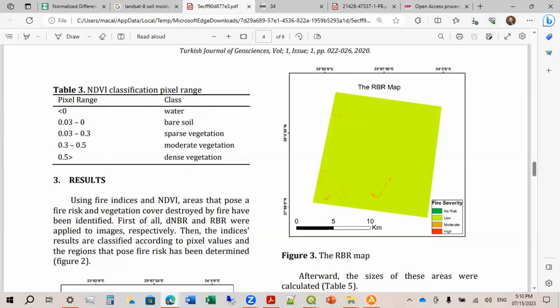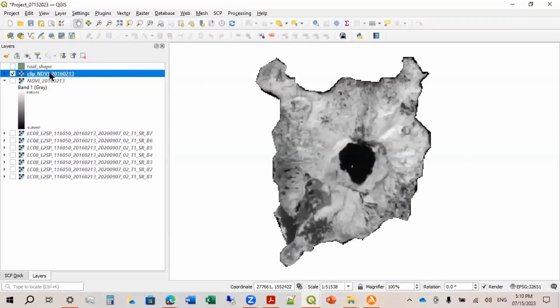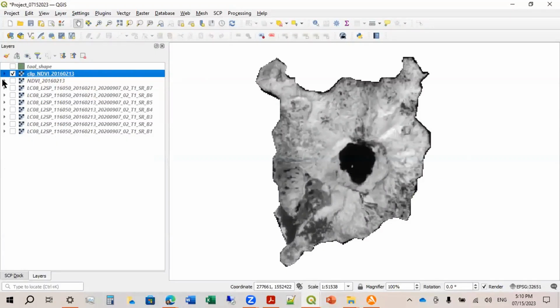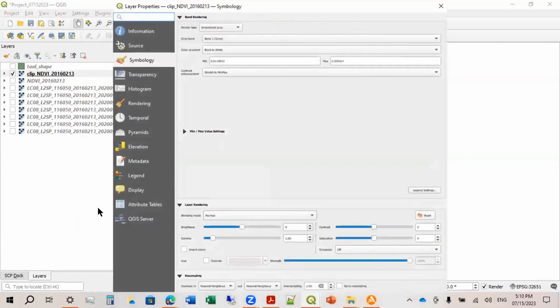So how do we do the classification? Okay. Let me just move it here since I have other data. So how do we do that? We go to our clipped layer and we just go to layer properties.